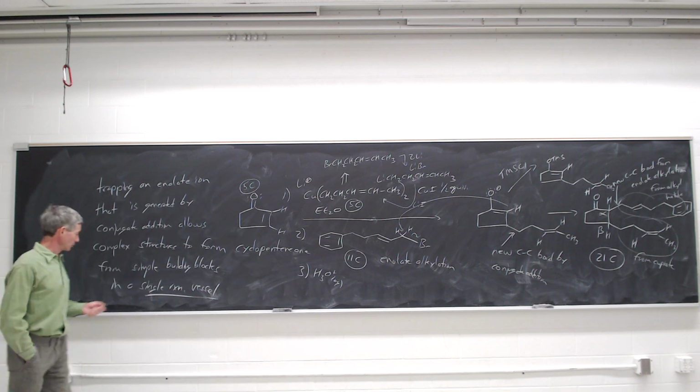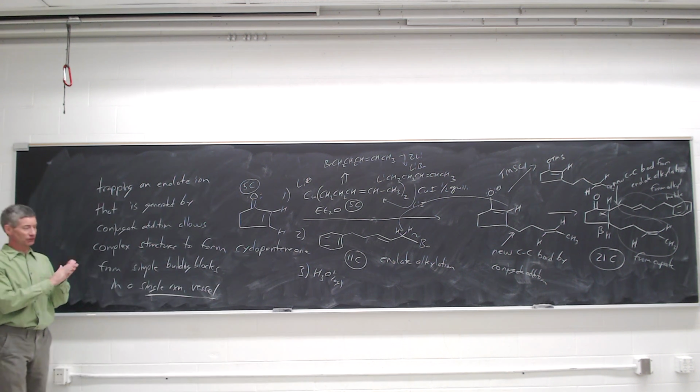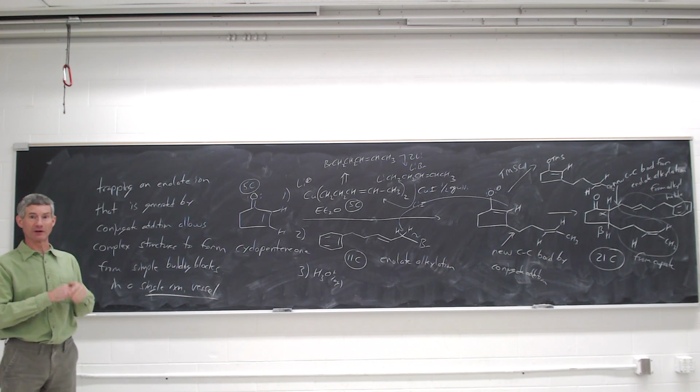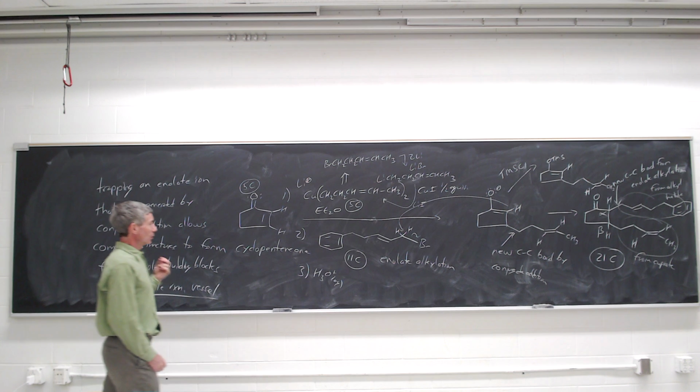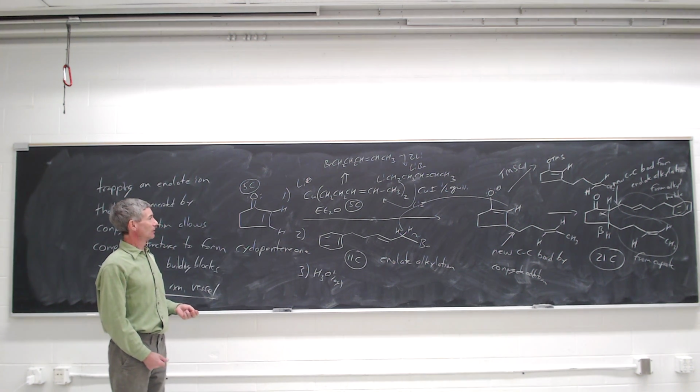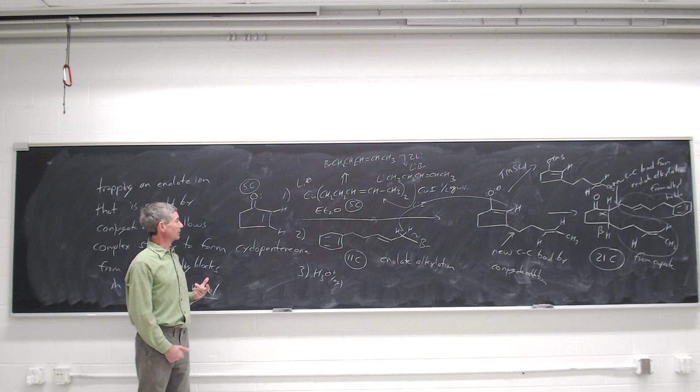So lots of synthetic utility, the aldol condensation, and the products of aldol condensation, the alpha-beta unsaturated carbonyl compounds. One more particular reaction of alpha-beta unsaturated carbonyl compounds where the conjugate addition is another enolate, called the Michael addition,